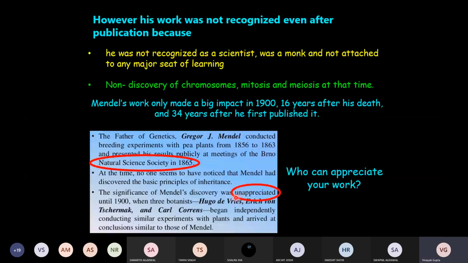But like I'm saying, he was unappreciated. Now the question is, who can appreciate your work? The answer is very simple. If somebody can understand you, that's it. Here I'm speaking in the context of genetics to you people. I'm explaining the protein structure, protein function, mutation, and so many terms. If you can understand, you will appreciate. Yes, sir is putting in so much effort. If you don't understand anything, then you will not appreciate. This is a simple rule.